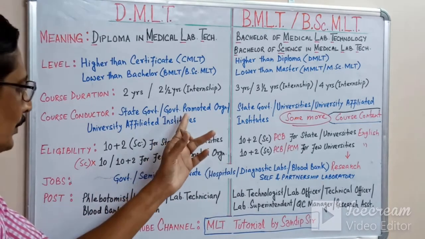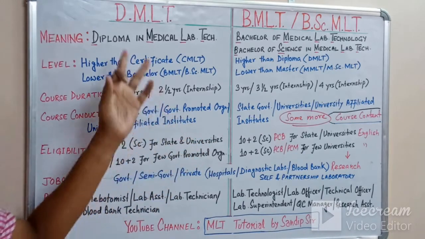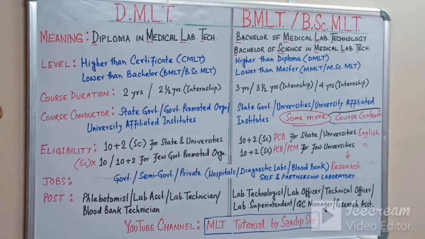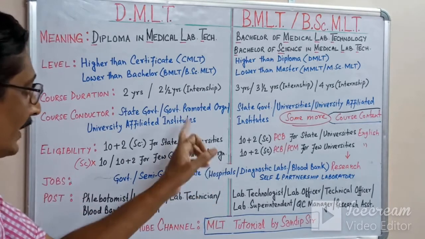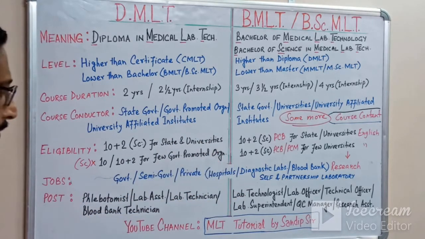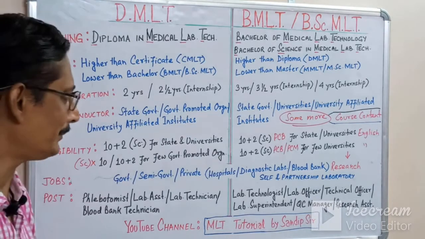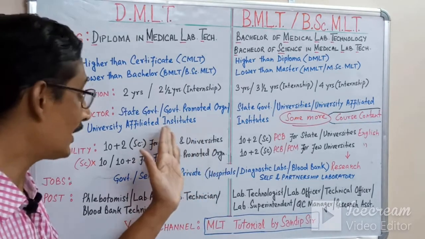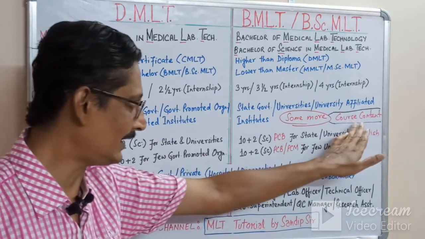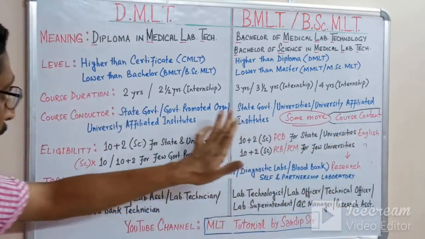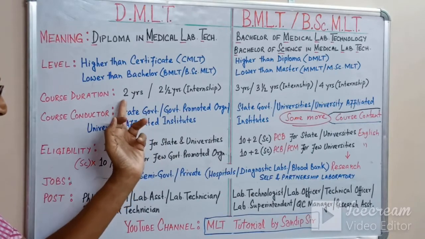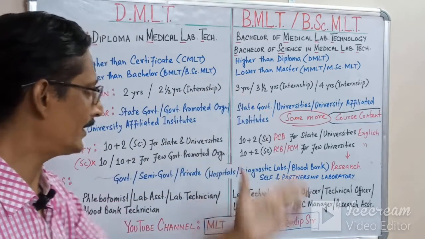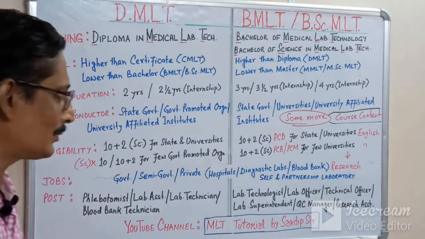These are government promoted bodies that promote diploma degrees, and there is also another, that is skill development, that is Kushal Bharat. State governments also have such a program, that is the Skill India program. So now the course content is the main thing, because rather than 2 or 3 years, the student can learn more.